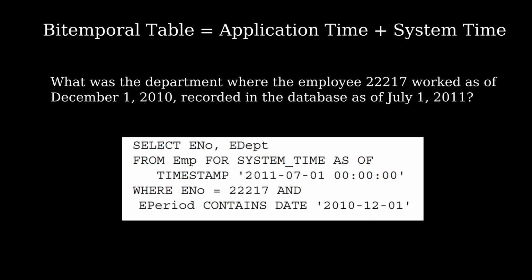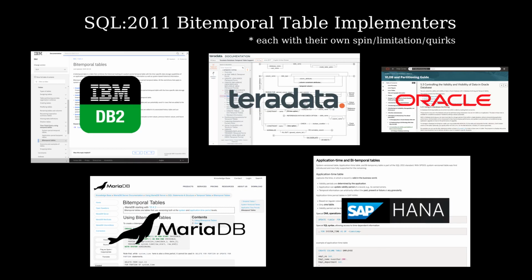So now users can ask their time travel queries with relative ease, and more importantly, they don't have to worry about getting all the implementation details for this correct in their application and schema. Naturally, this begs the question that given SQL now has these powerful features, why isn't everybody just using them routinely right now? Well, it seems to me that the adoption of the SQL 2011 bitemporal features by database vendors has